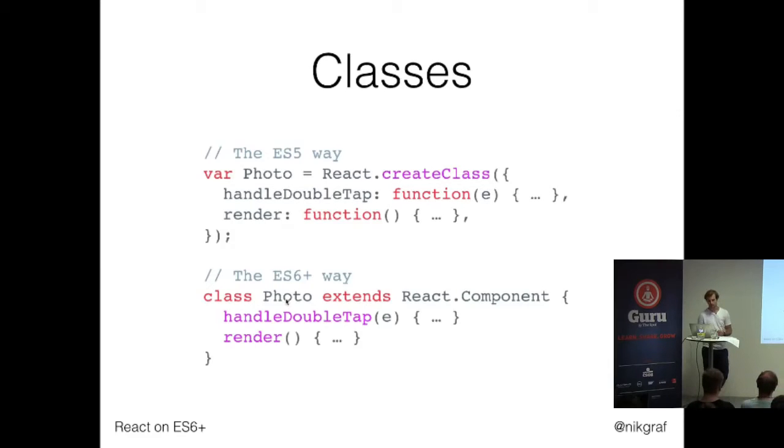You get class, then the name of your class, and then we use an extend. And what you can do is you actually could do this function assignment, but you don't need to. So you can simply have these are instance functions of the class. So if you make an instance of the photo component, then this is on the instance, and